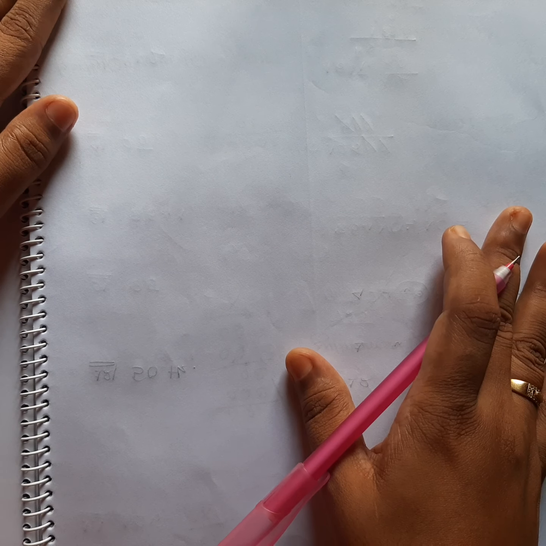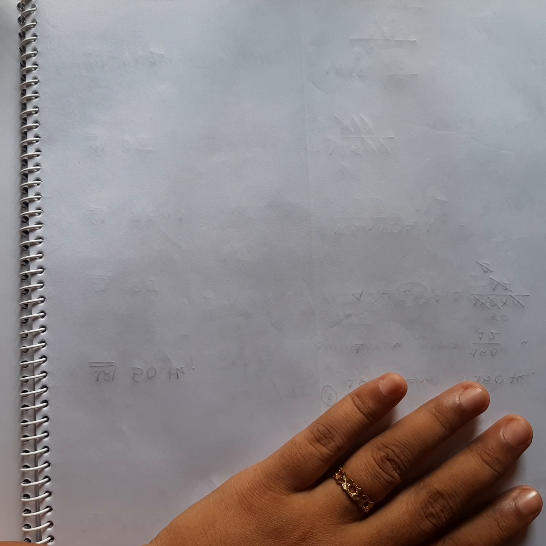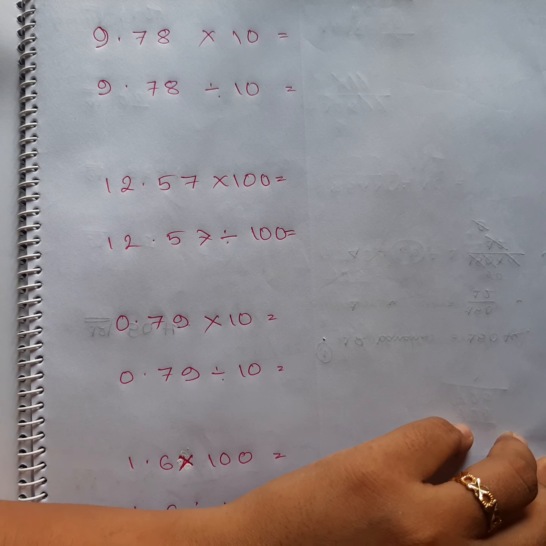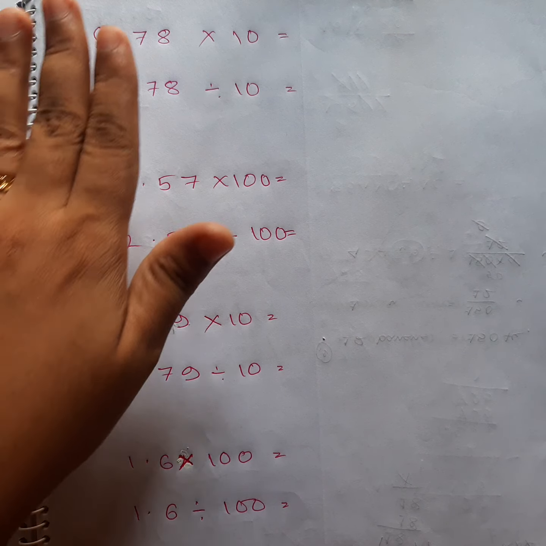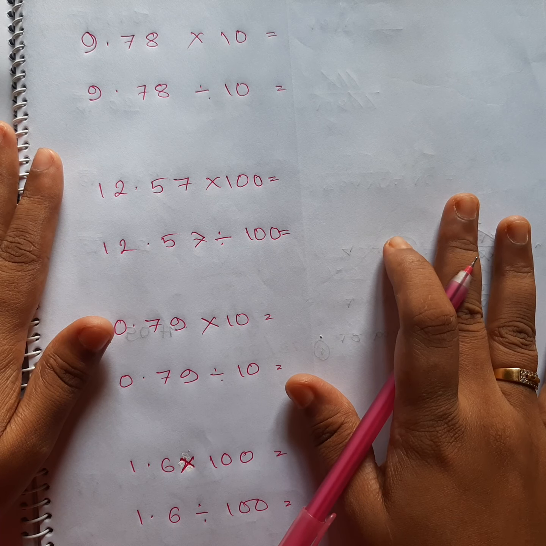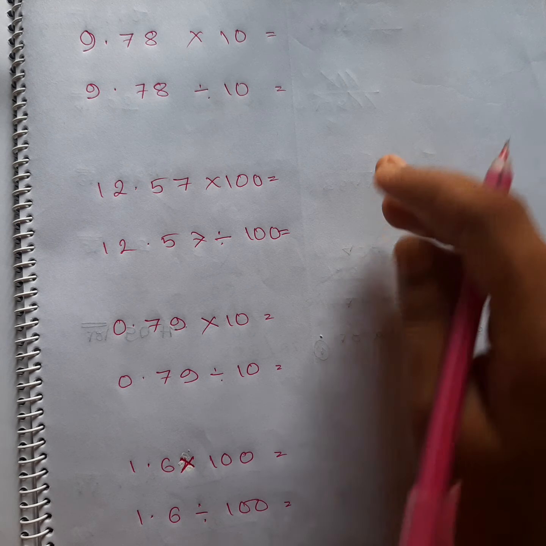So let's see. I'm going to write down a few numbers right now. After that, I'm going to show you. So I have written down the numbers, and don't get worried about it right now because I'm going to explain what is going on. But you need to concentrate here. So what we are going to do is, you can see the first one. Just hold it this side for now, and the first two we are going to do now.